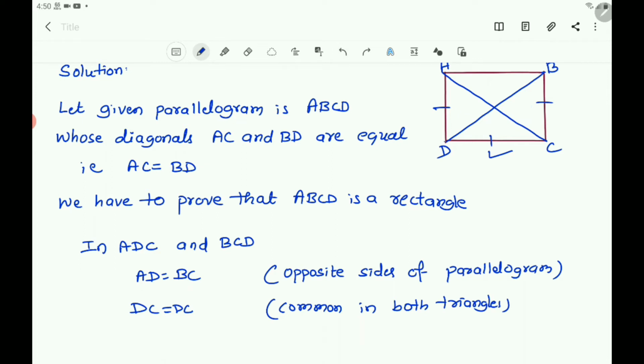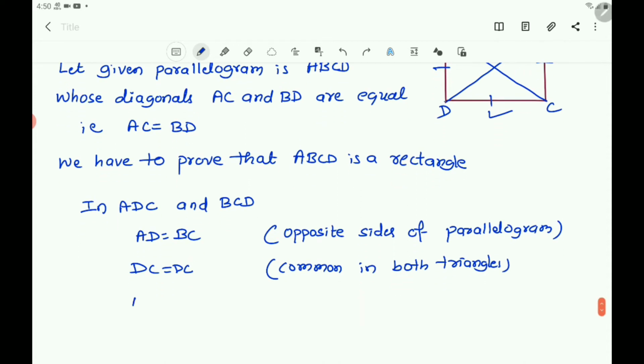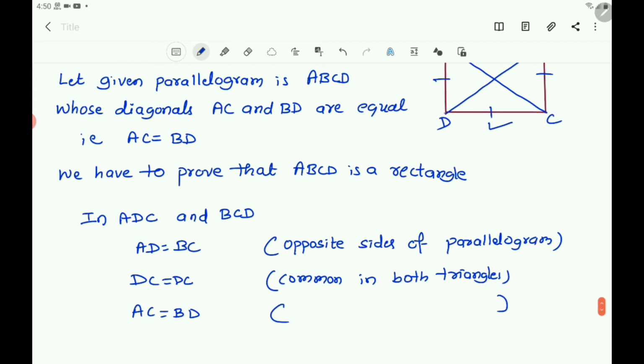Then you write AC equals BD. Why are they equal? It is given. So you write given. Here AC equals BD is given. So you write the reason given. Now you got